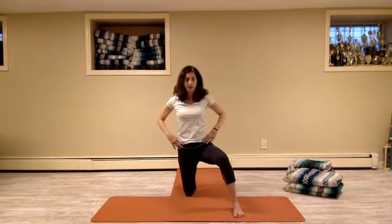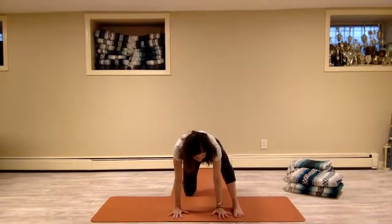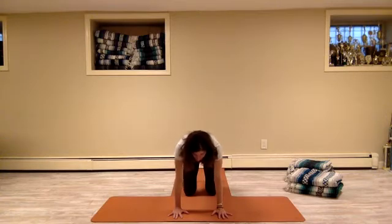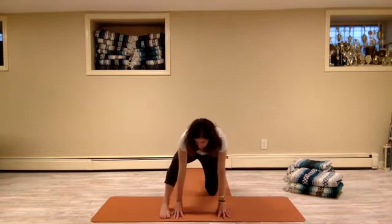Take your hands to your hip bones, take the hands down flat, shoulder distance apart on the mat, and then return your right knee to the ground behind you. Your toes are tucked. Pop the hands up onto high finger pads, step your left foot outside your left pinky finger,